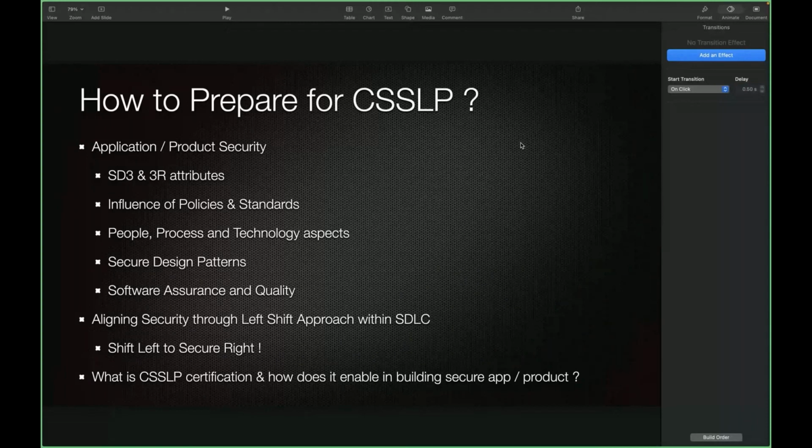And domain 4 would cover the architecture and design aspect, where the architecture would cover all the different design patterns and ensure that there are no flaws in the way the software or the application has been designed. It would also cover a lot of technical aspects like the different computing capabilities, depending on the technologies that have been used in the application, and the interfaces and designs around it, and some of the modeling aspects like threat modeling and attack surface evaluation would be carried out in this domain, covered in the domain of secure software